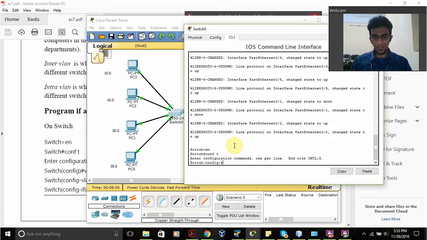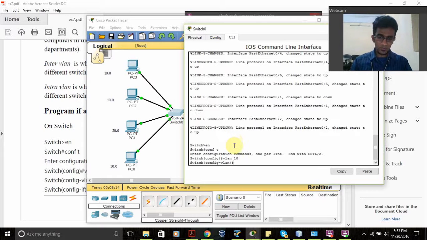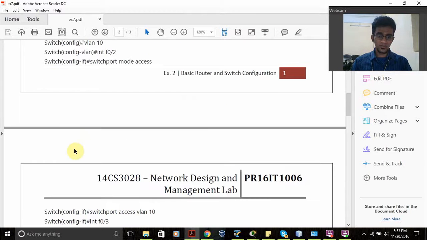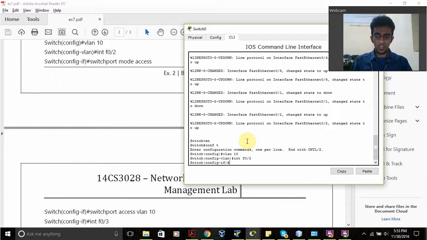declare a VLAN by using vlan 10. This 10, 20, 30 or whatever it is, is just an ID for the VLAN. Now we identify the interfaces that are within VLAN 10. So interface f0/2. We go over here, and then we give switchport mode, and we set the mode to access for this,